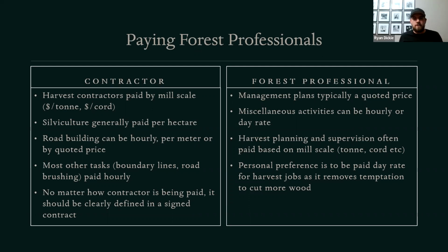And generally what you would have, ahead of time, is what products you're probably going to generate from a harvest and how the mill pays, and you'll have an agreed upon rate between yourself and the contractor of what their rate is per ton, per cord, anything like that. Silviculture is generally paid per hectare for the most part. For the longest time, at least, silviculture has always been, essentially, I hate to call it free to the landowner, but there's no cost at the time of doing the silviculture work. Silviculture is funded through the government chipping in a portion of it, the mills pay for some,